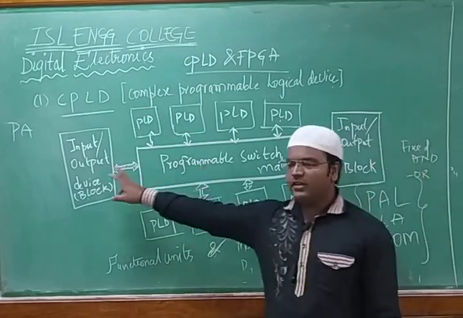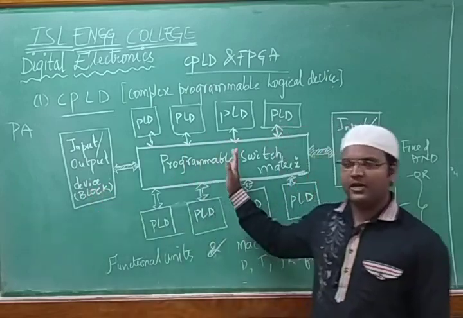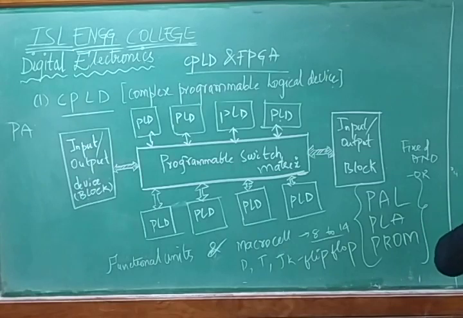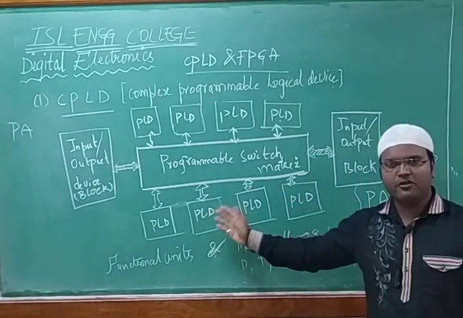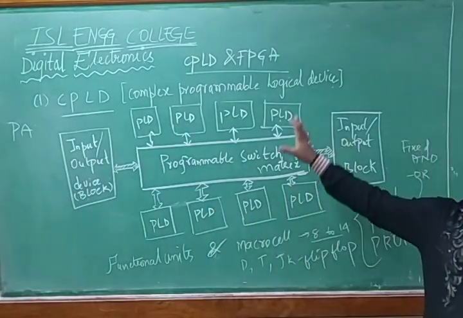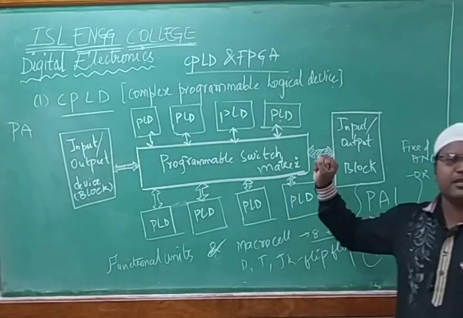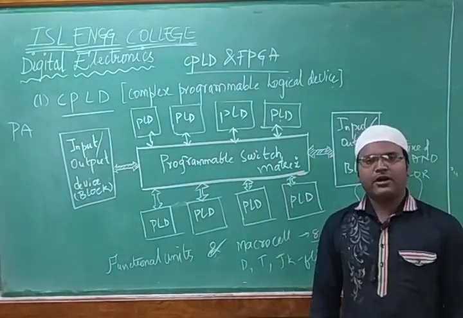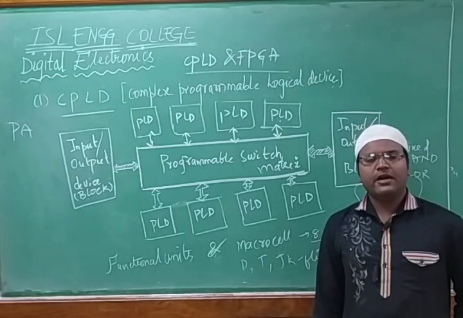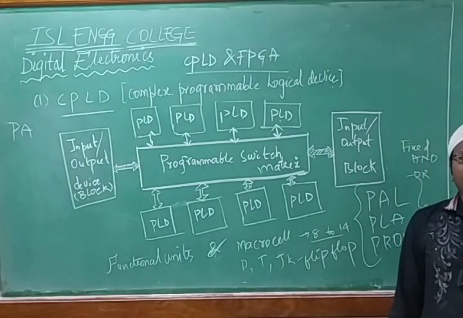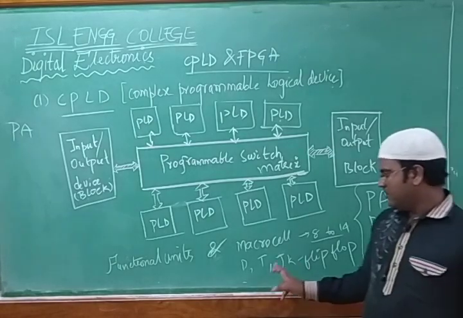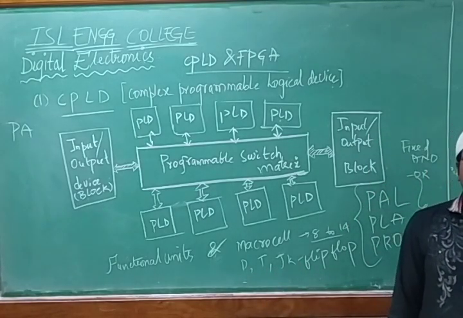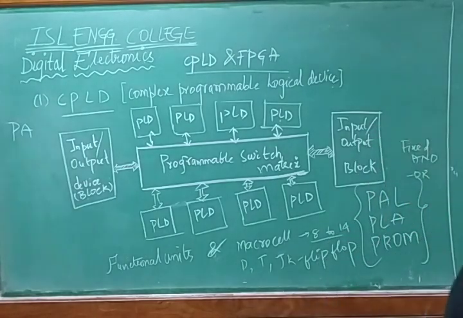So when I said we are giving input from this end, it is taken from the PLD programmable switch matrix, and it is passed to another input output switch, and out of n number of things, when we had 8 kinds of PLDs I have taken over here, those are nothing but macro cells. By taking those macro cells, it is going to do the programming based upon the type of instructions we have passed. And how do we design it? By taking different types of flip-flops in the macro cell. Make a note of it.